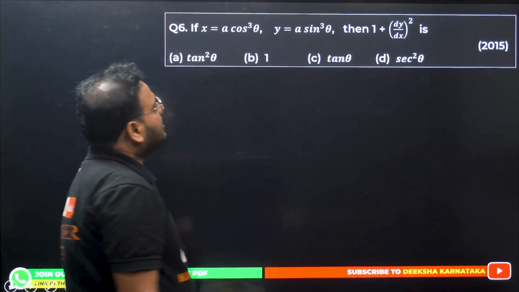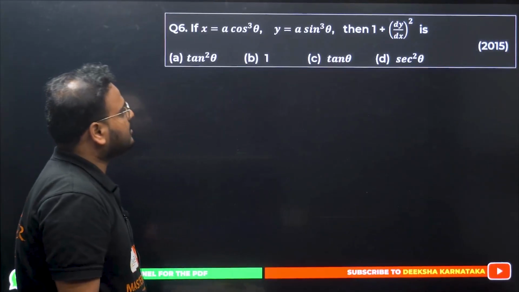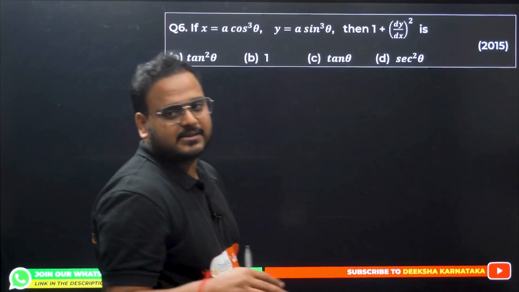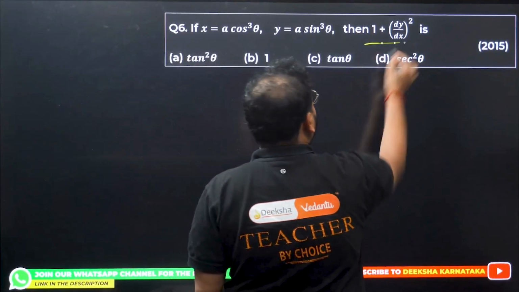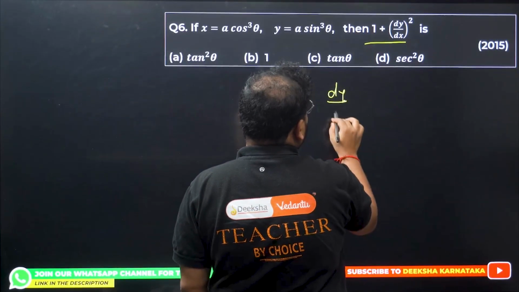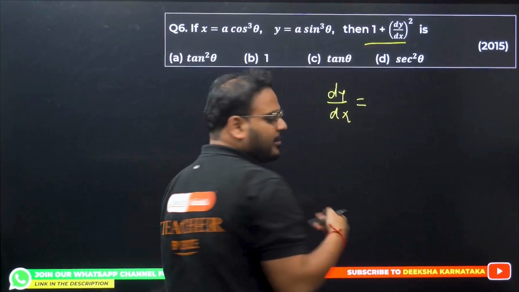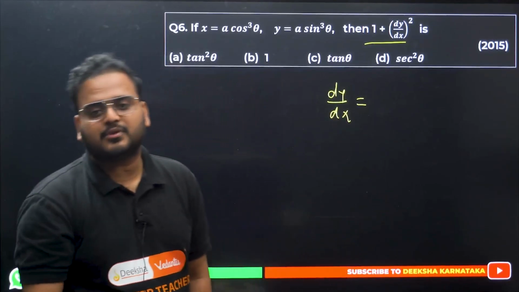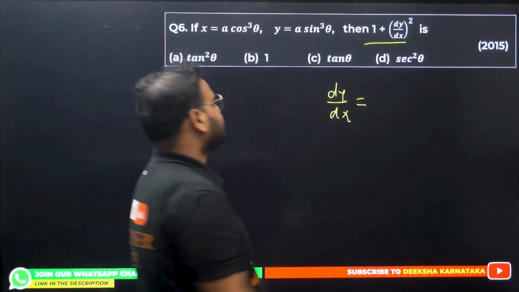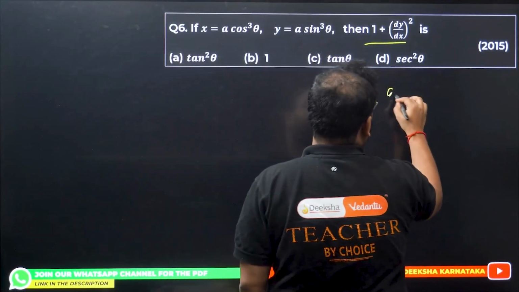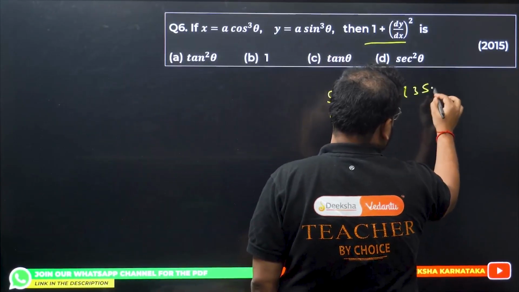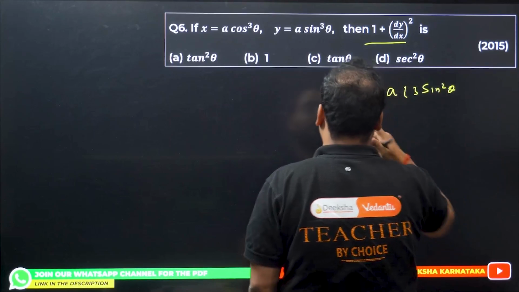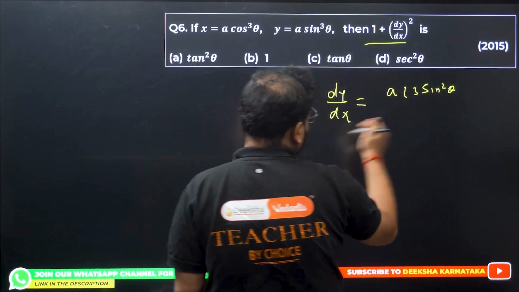x is a cos cube theta, y is a sin cube theta. Looking for 1 plus dy by dx, the whole square. Let's find dy by dx first. It's a parametric form question. x is given in terms of theta, the parameter, and y also is given in terms of theta, the parameter. So differentiate this, I get a 3 sine square theta